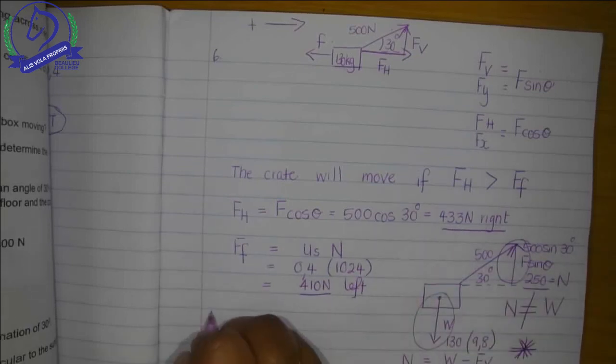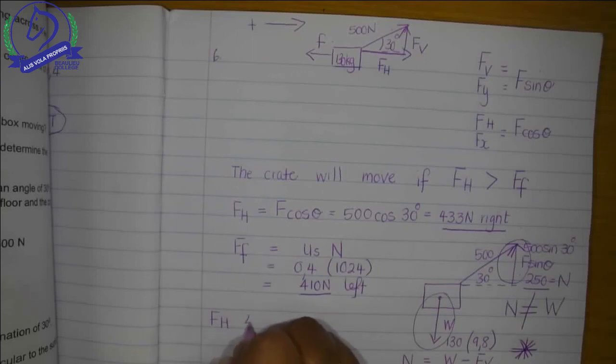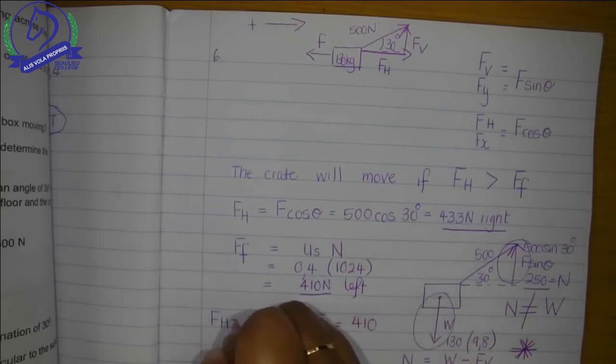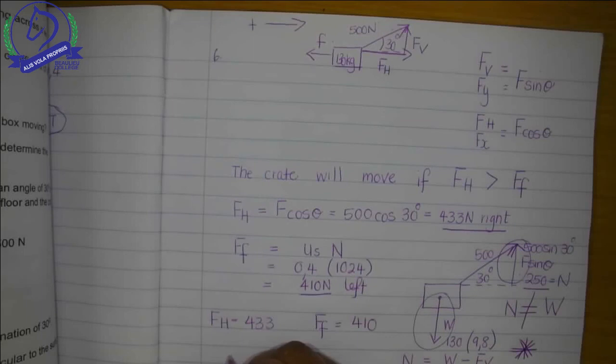The horizontal is equal to 433. The friction is equal to 410. Will it move? No, it's not going to move. Why? The pulling component